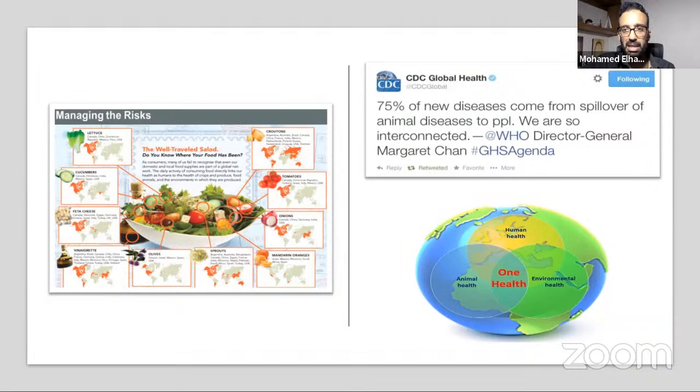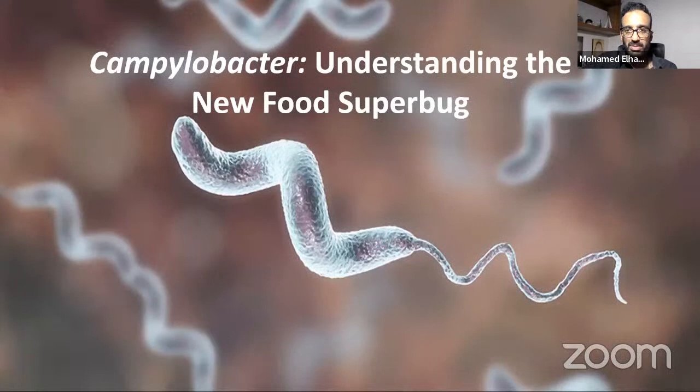Okay, so this is my main approach. I'm going to present this type of One Health approach that I have been implementing since my return to Egypt 5 years ago in my own institution, to study the epidemiological surveillance of different foodborne pathogens from farm to fork using the One Health approach. And one of the model organisms that I'm working on is Campylobacter, and it's not really a new foodborne bug, but it was discovered in 1975, and before then, the most common foodborne pathogens that are zoonotic were Salmonella, Shigella, Escherichia coli, etc. So no one knew about Campylobacter before 1975.